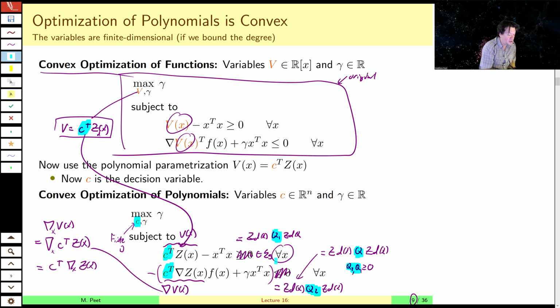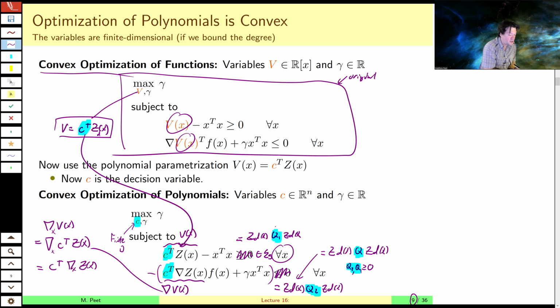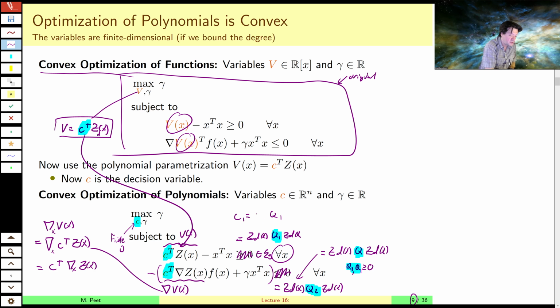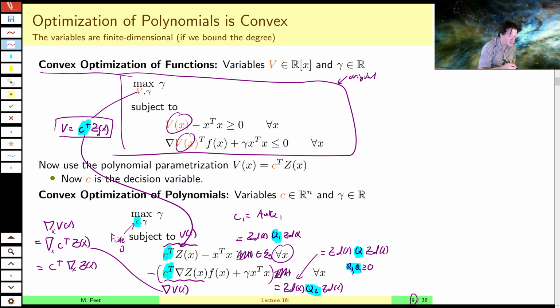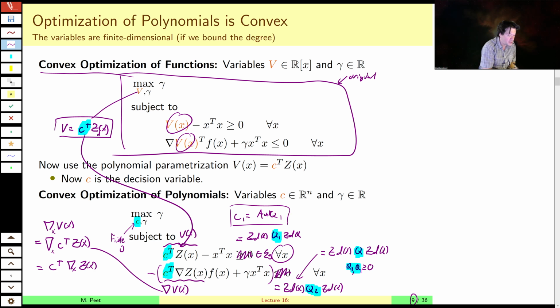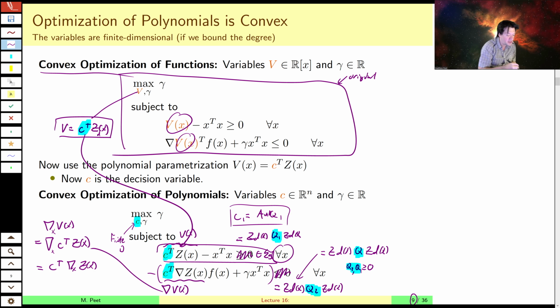Now, because these are polynomials, however, we just need a way of relating the coefficients on the left and the right-hand side, matching coefficients, which is going to give us an equality constraint between C1 and Q1 of the form, let's say, A, and then we have a vector version of Q, but we'll get into that in a second. So we need to be able to enforce these polynomial equality constraints,